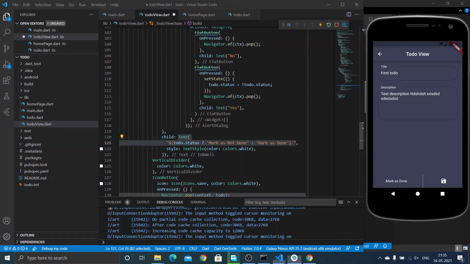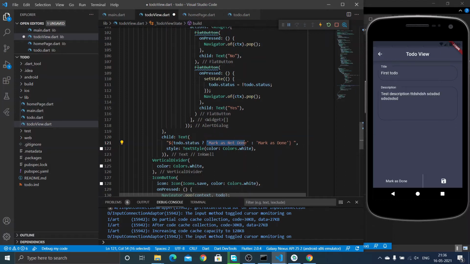Okay, then you can see that inside the text widget I have given a condition. We can include conditions in Dart by using dollar, and then within curly braces, if we write conditional code, we can use conditional rendering. So in this code, I am going to check whether the todo.status is true. So if the todo.status is true, we already completed it, so we can give the text as mark as not done.